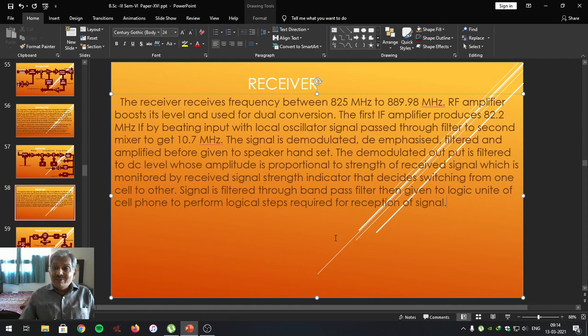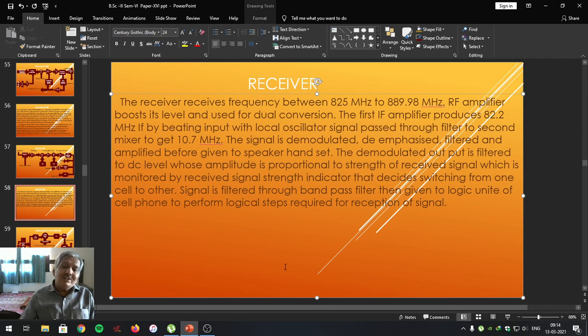Okay, so this is the role of what we can call the receiver block, that is used in the receiver of the cell phone. Please do remember, in the main block diagram of the cell phone, the frequency for dual conversion is obtained from the frequency synthesizer block, which is connected to the receiver as well as to the logic block.